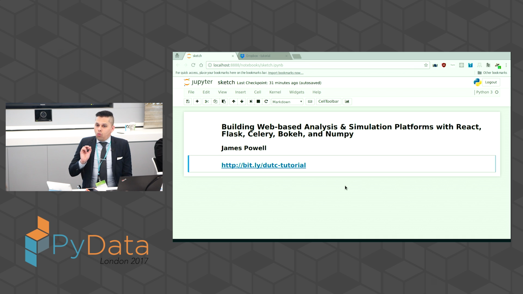So one important caveat for this tutorial. I would not call myself a React, a Flask, a Celery, a Bokeh, or maybe half of a Numpy expert. I'm not a React, Flask, Celery, or Bokeh expert by any measure. This tutorial is designed for somebody who is not a React, Flask, Celery, or Bokeh expert and who doesn't want to be, who wants to use just the bare minimum of these tools to accomplish a task,